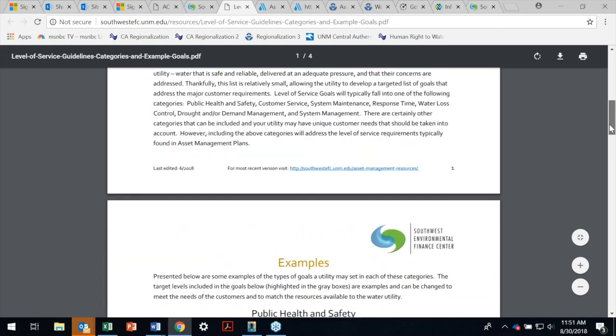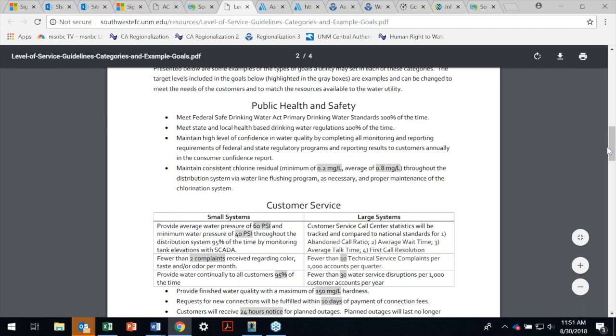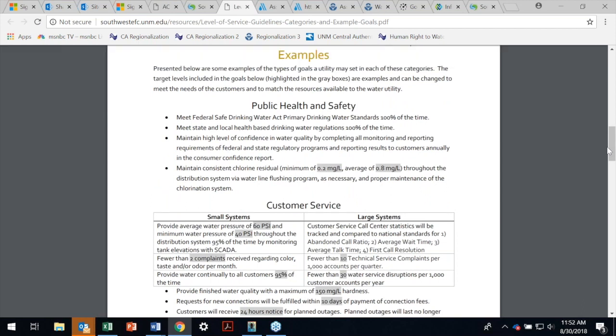This was broken down into some key components that you might care about in doing a level of service. So public health and safety, as Ross was mentioning, that's usually number one. You're all about protecting the public, protecting the environment if it's wastewater, the safety of your workers, your public. All of that is really important and doesn't get much more fundamental than that as your main thing.